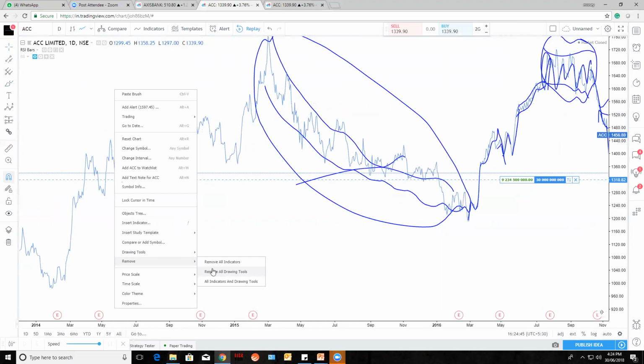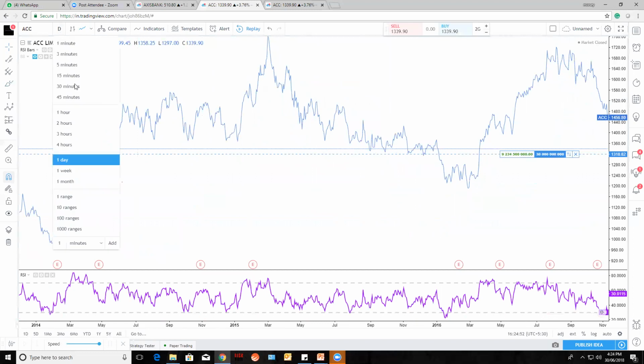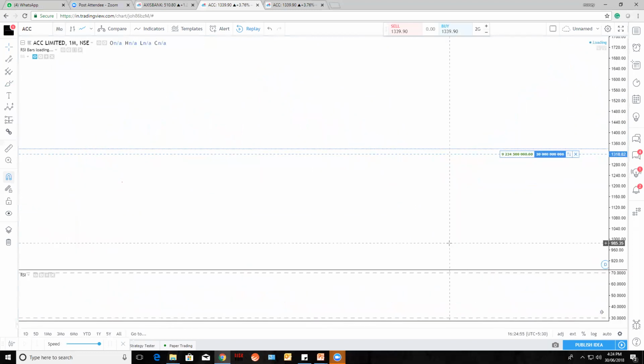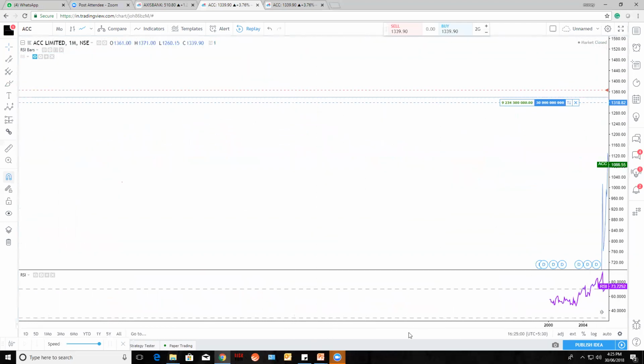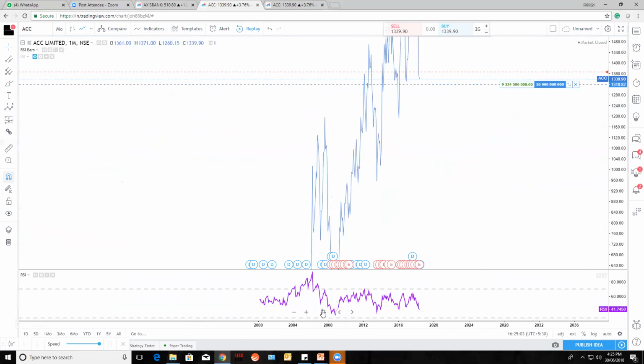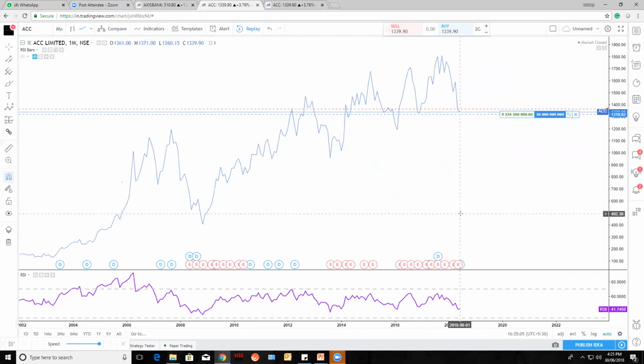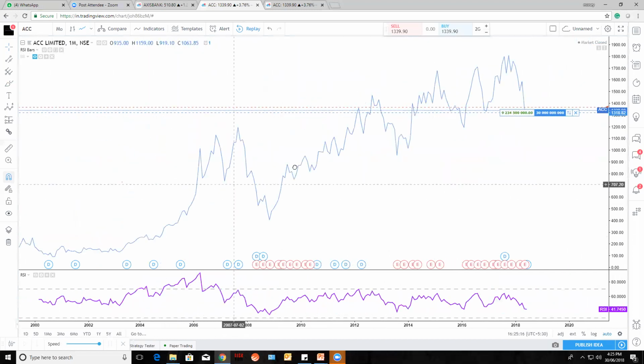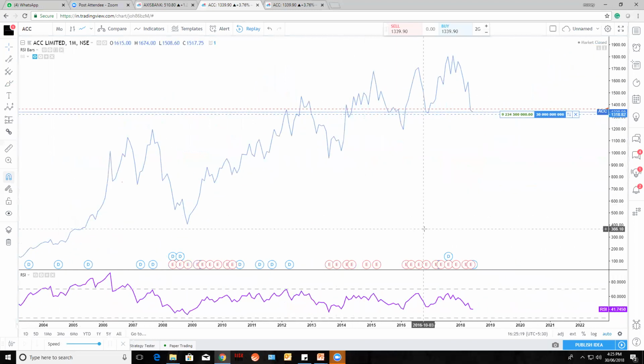Let's remove everything. If you go on changing the time frame, the mono and poly waves will also change. Let's take this ACC as a monthly chart. In the monthly chart also you will get this mono wave, but here it is making a poly wave, here too a poly wave, and here a simple mono wave. So simply understand this: a mono wave is a simple and clear structure, and a poly wave means there are many waves or many directions.